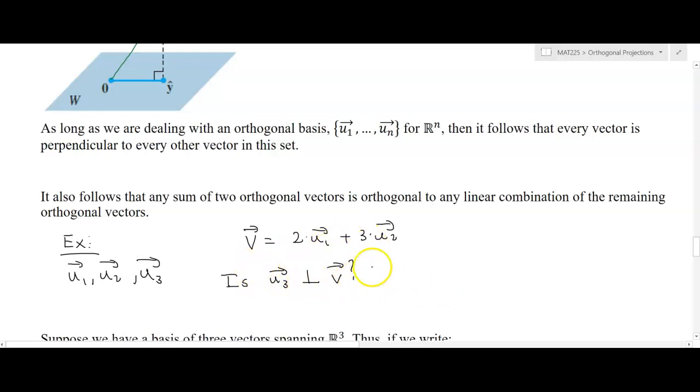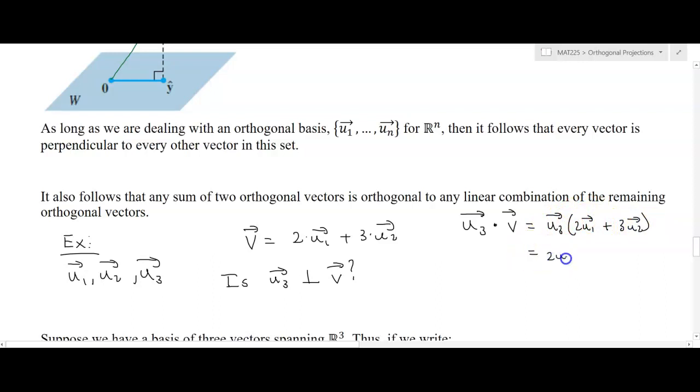So let's take the dot product between them. If the dot product equals 0, then we know that yes, that is true. So let's form the product u3 dot v. Well, v, we could expand that as 2u1 plus 3u2, and now we can distribute this, and so